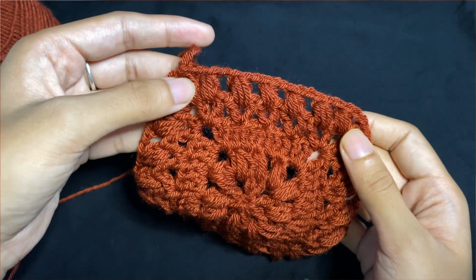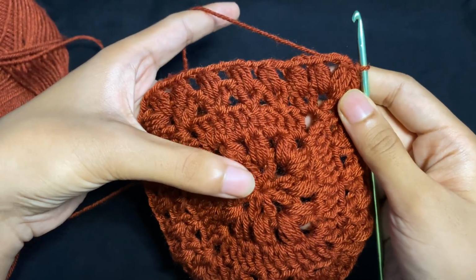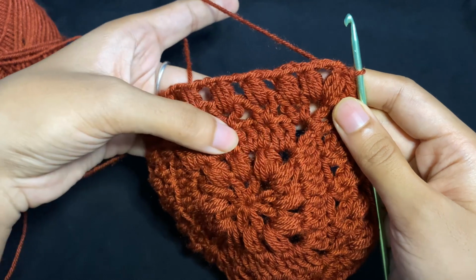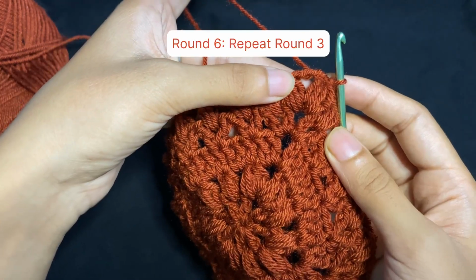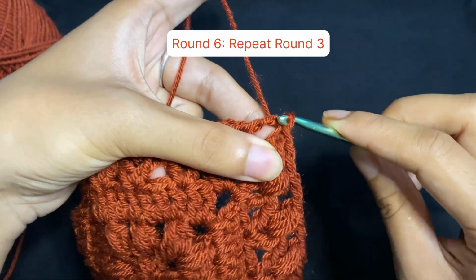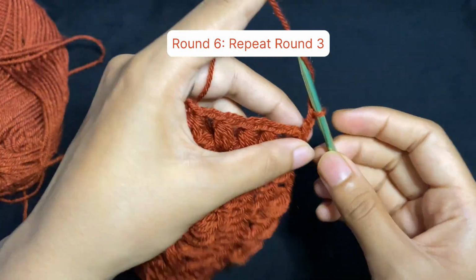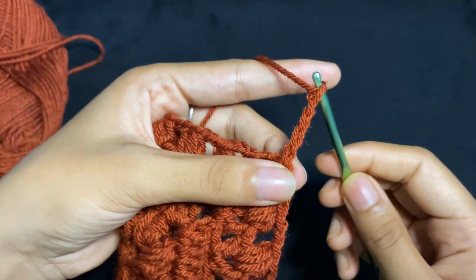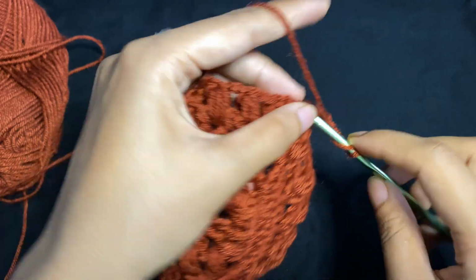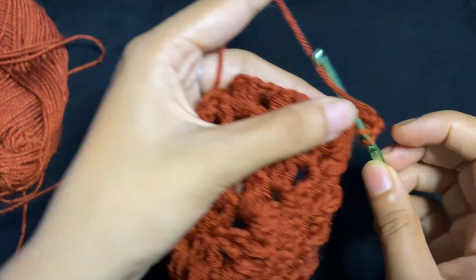That is 7 puff stitches on each side. So previously, after the V stitches we made puff stitches, and after the puff stitches we had double crochets. So we'll make double crochets for the next round. Slip stitch into the corner and chain 5. And then double crochet, another double crochet,